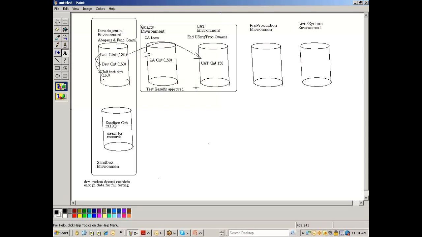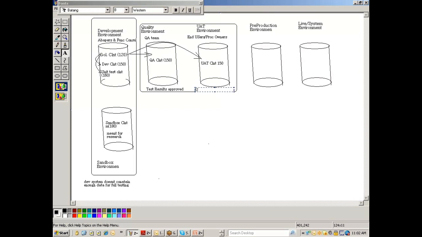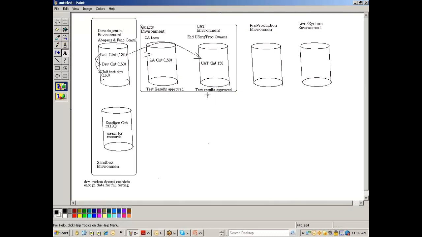So once they are happy with the test results, the test results will get approved. This is the approval which we take as acceptance of the solution. Once the test results are approved by the UAT team, that is the person from whom you have taken requirements, we will take this as confirmation that the solution that you are building is ready for deployment to the live system,